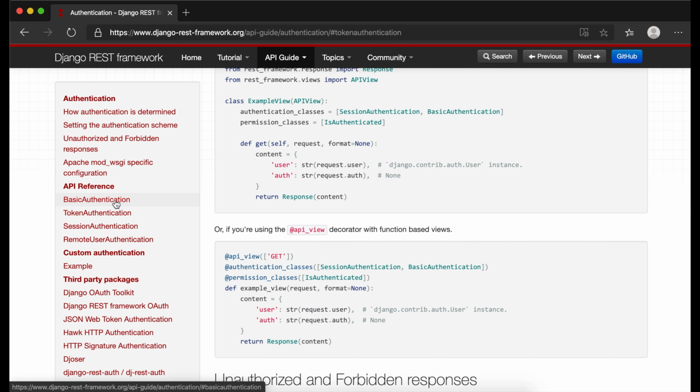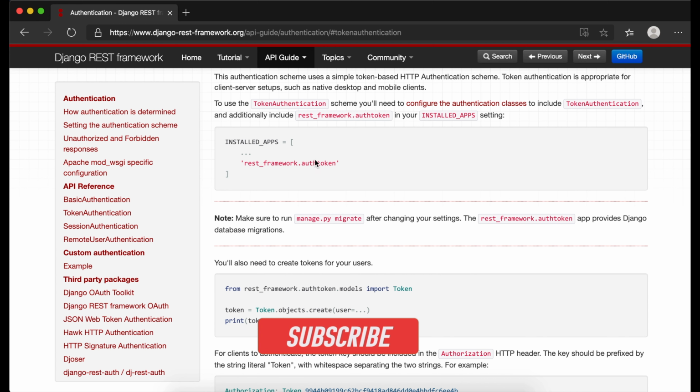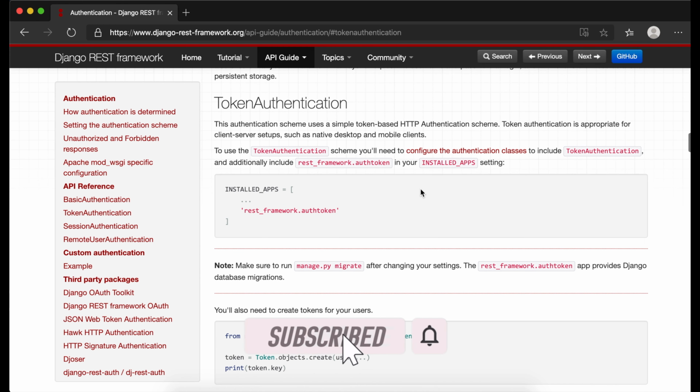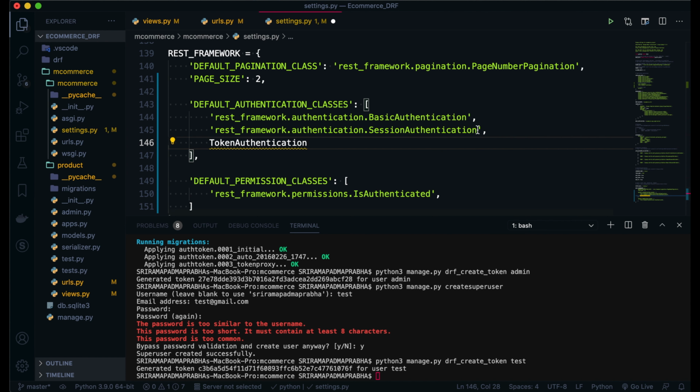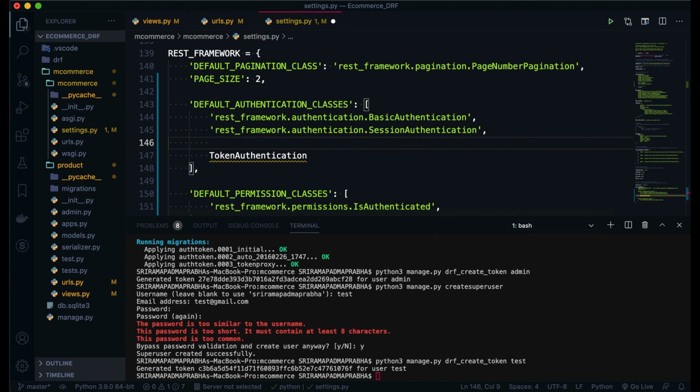Now I'm going to the Django REST framework documentation, and this is the class name. You just go here and copy this same thing. I'm just going to copy this whole thing, or else you already have this piece of code in the Django REST framework documentation itself.